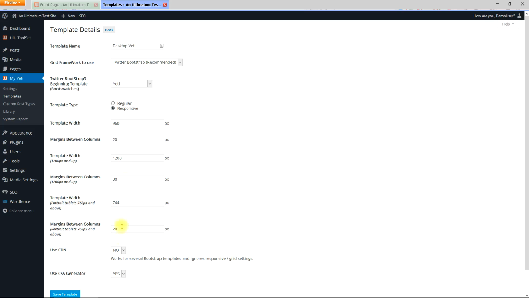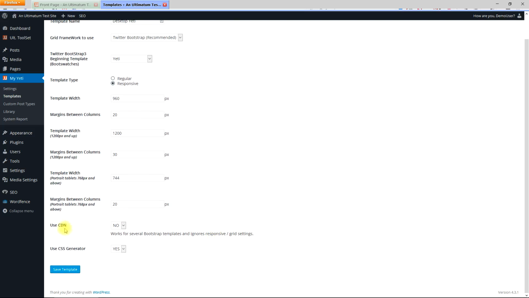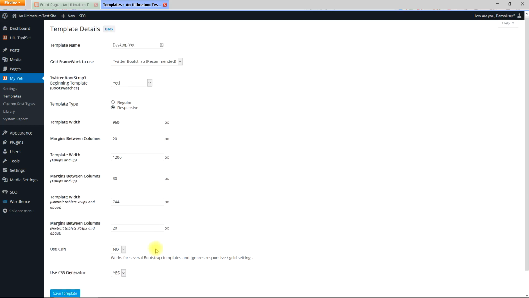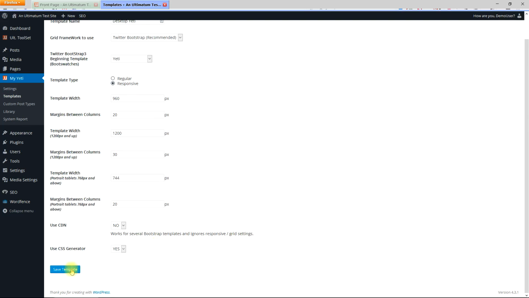And I would leave all these settings as they are. They're generally not worth changing. This option here, use CDN, is really for power users, so try not to use that. It ignores a lot of your settings if you tick that to yes, so you're better off leaving it at no. And the CSS generator will make a CSS file based on all of the settings you choose later, so that's a really good idea to leave as is. So let's just save that,